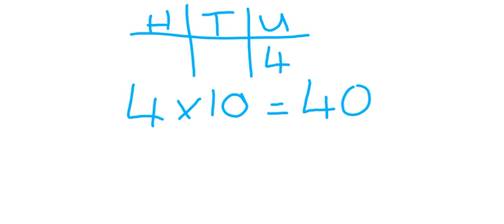So when 4 is in the units, if we multiply that by 10, so we have 10 lots of 4, the 4 moves into the tens column. And so the 0 then gets put into the units because we can't have anything blank in the units, so we put the 0 in, and that's how it becomes 40. So when you hear about putting the 0 on the end of the number, that is why.